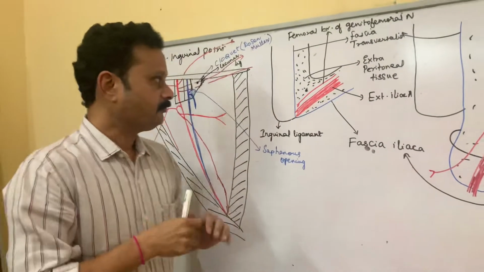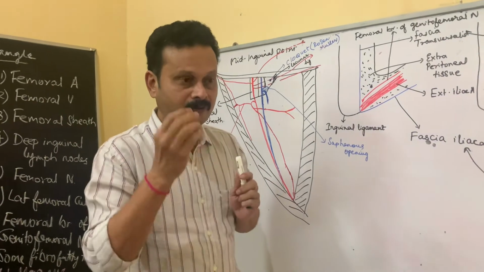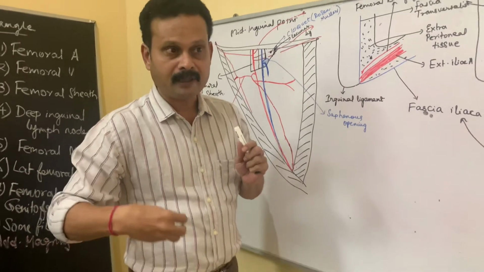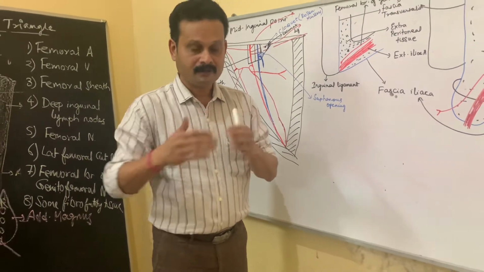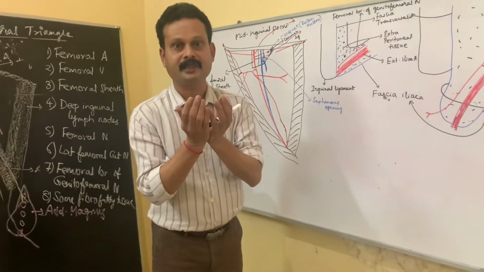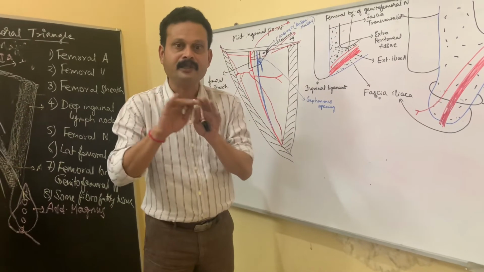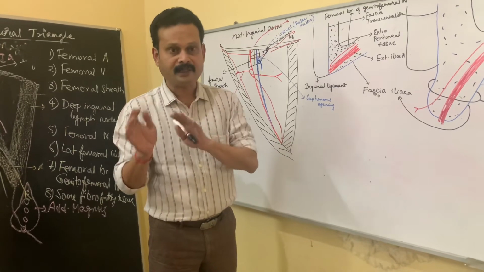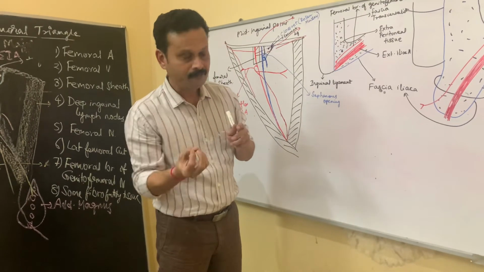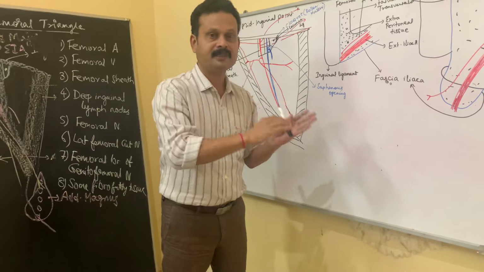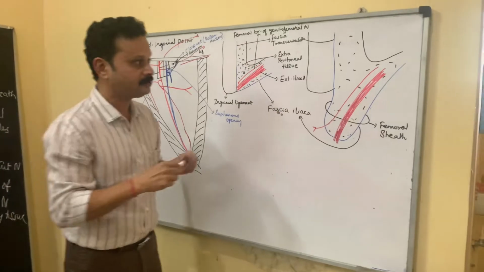In the intrauterine life, the sheath is not formed. The sheath, when it is formed, is because of the extension movements of the hip joint. In the fetal life, since the hip joint is completely flexed, the sheath is not seen, and hence the sheath is rudimentary in a newborn also. But when the child starts extending the hip, it drags down the extraperitoneal connective tissue along with the fascia, that is the fascia transversalis and fascia iliaca, downwards below the inguinal ligament, and thus forms the femoral sheath.